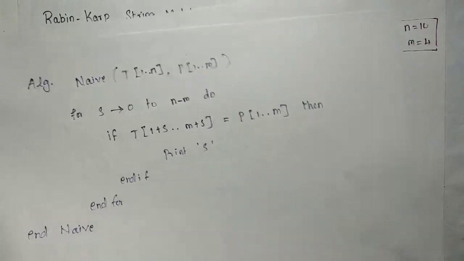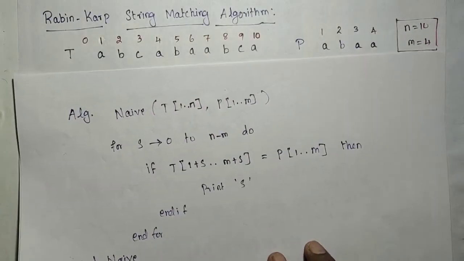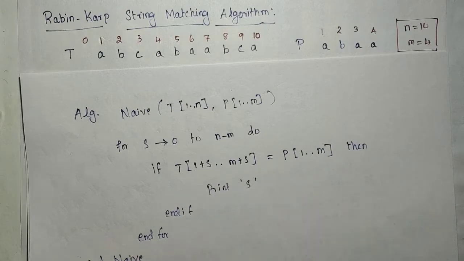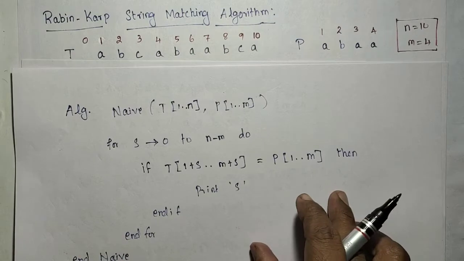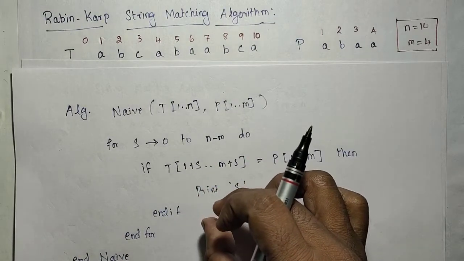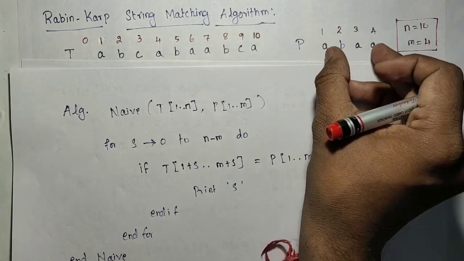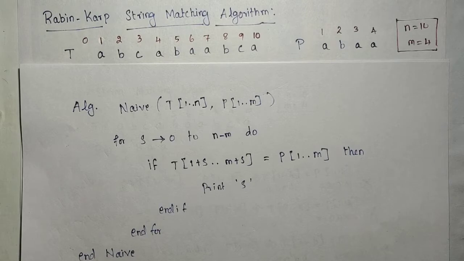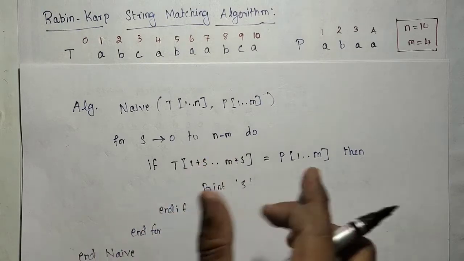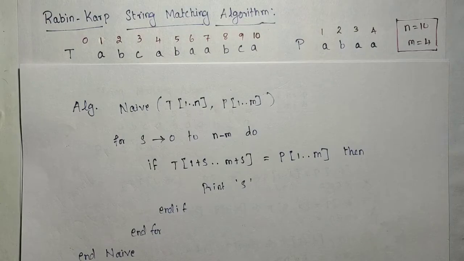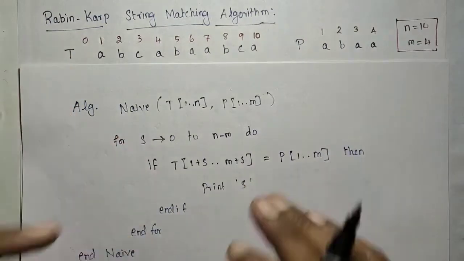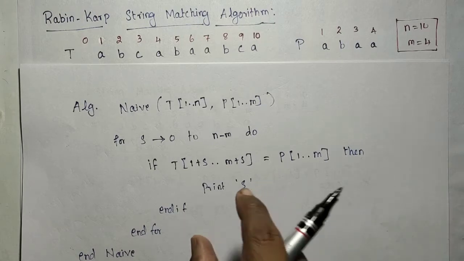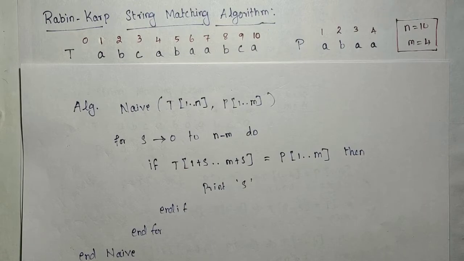The same algorithm is used here, the only change is this. The character by character comparison is not required for all the cases. First we are going to check the possibility of this pattern matching with these four characters. Only if this possibility is there, then we do the character by character comparison. If the possibility is not there, we just skip that comparison. So whenever that possibility is not there, in that iteration these comparisons will be avoided.